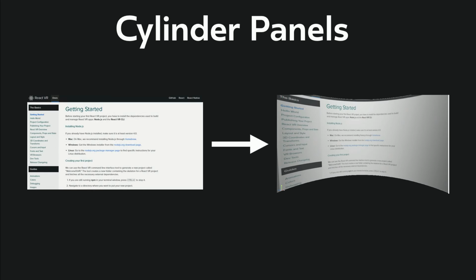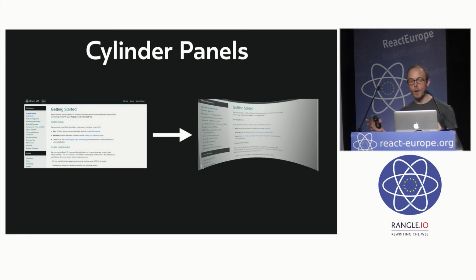To help demystify this a little bit, I've taken a capture of a web page and placed this on a panel. If you were to view this in VR, you would see that the height of the fonts and the dimensions of images appear the same as they would appear in a 2D page. You'd also find the text easier to read, as your eyes will not have to adapt to different distances as you scan the view in your headset. It's very simple to use. It's better quality. The only caveat is that the components are rendered onto a surface, and that means they can't pop out of the page.